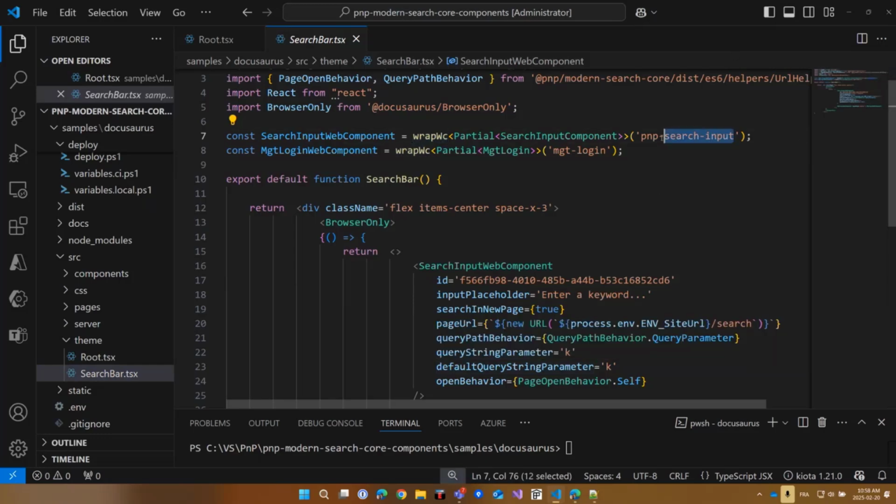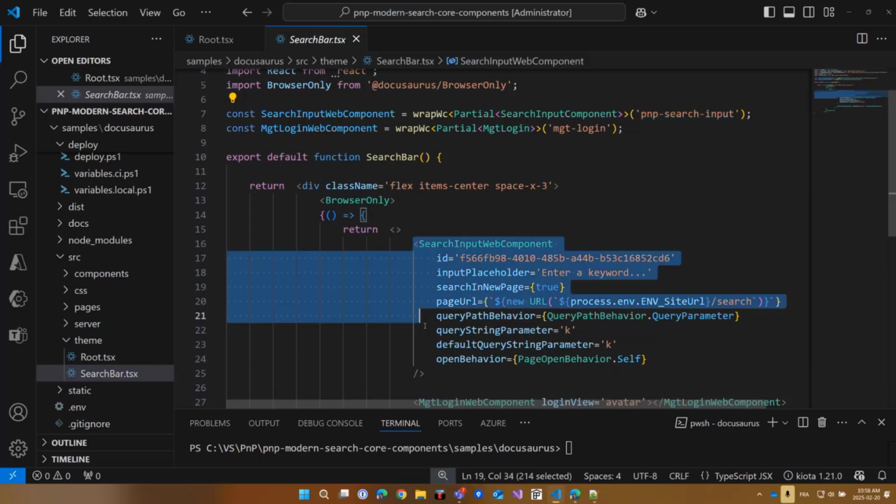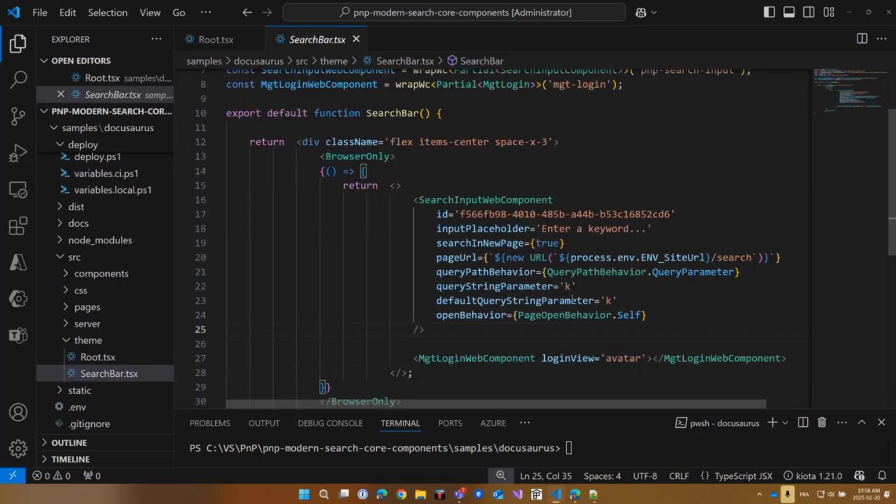So for instance, I use the PnP search input there, and I'll configure all my settings here. You have multiple settings available for each component, and basically these components will appear on my page when deployed. In my case, I redirect to a search page. So whenever I type something in the search box, I will be redirected to the search page using that specific